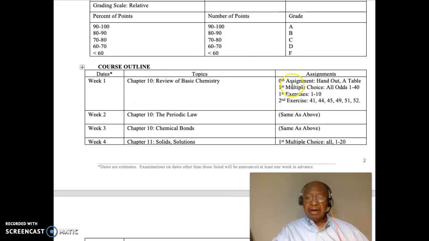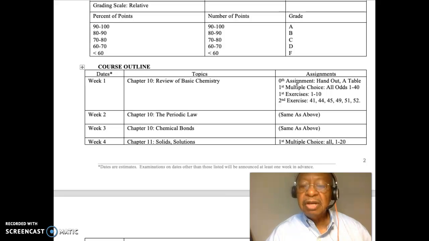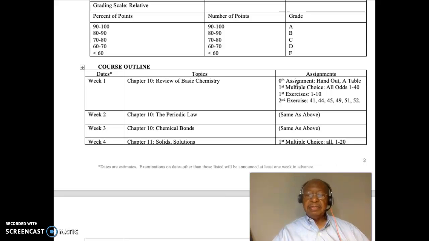The first assignment happens to be called the 0th assignment. It is a handout, and I will provide that sheet to you during the face-to-face portion of class. And I will also put a portion of it on Blackboard content so you can get it there. And now the first multiple choice assignment from the textbook, all odd questions 1 through 40. And I will put these questions also on Blackboard so you can go there and get them if you don't